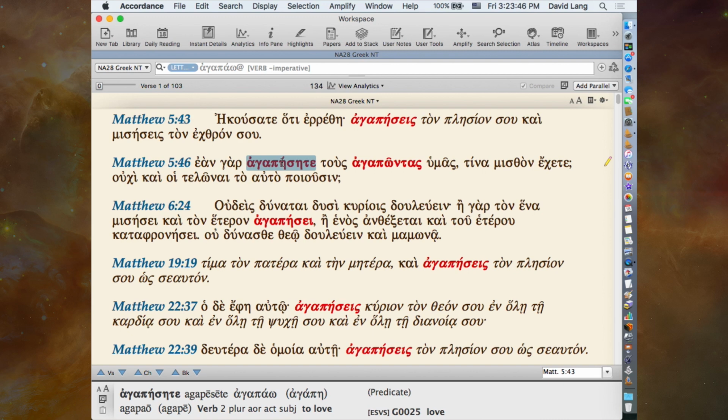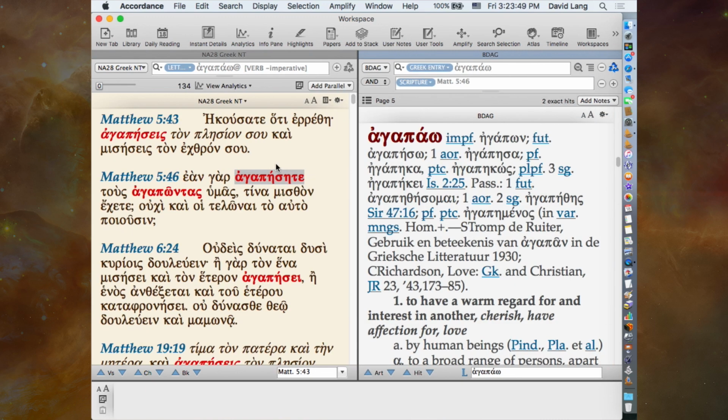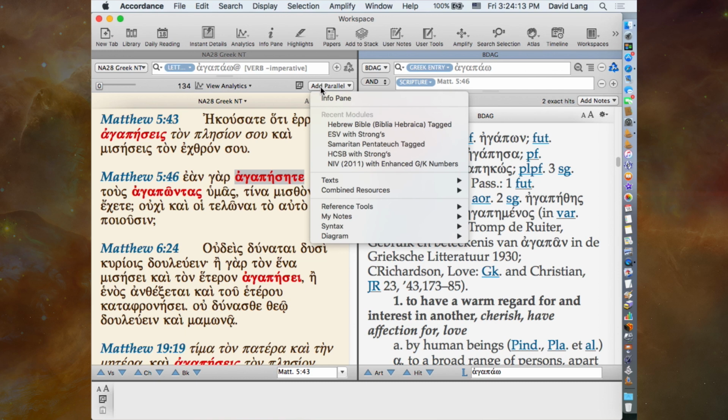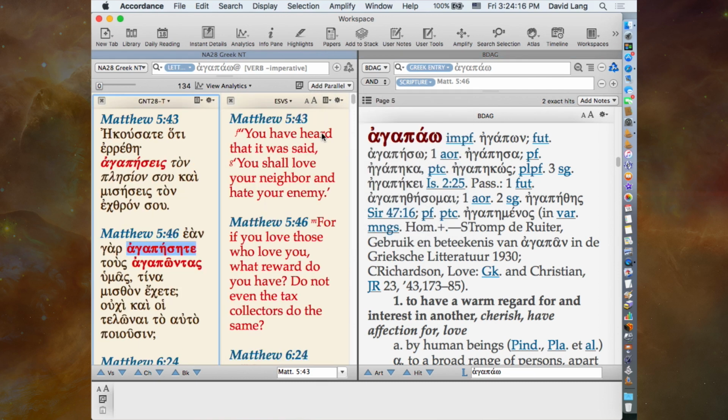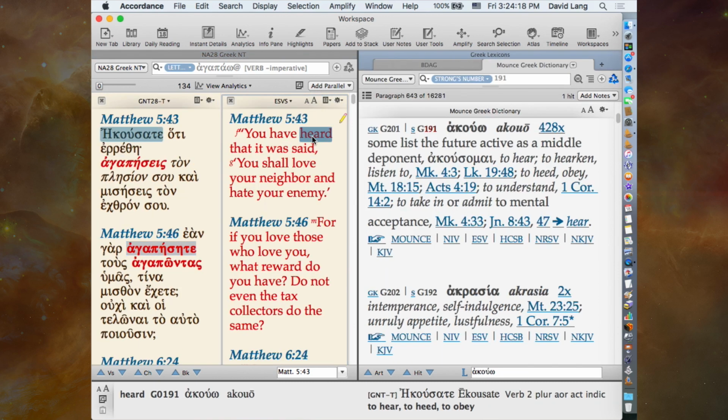So if I'm in Greek, if I triple click, that's basically a shortcut to amplifying to the resource of the type that's most appropriate for the word that you triple click. So if you triple click on a Greek word, you'll go to your default Greek lexicon. If you triple click on a Hebrew word, it'll go to your default Hebrew lexicon, English word, English dictionary. If you're in a Bible text with Strong's numbers, triple clicking will take you to the Strong's number dictionary, which